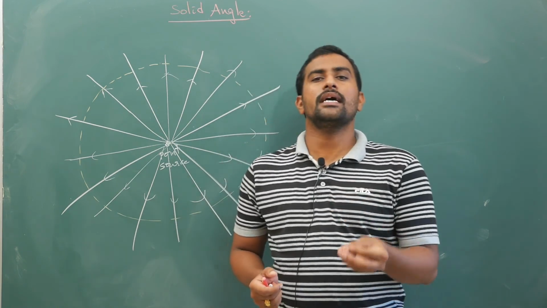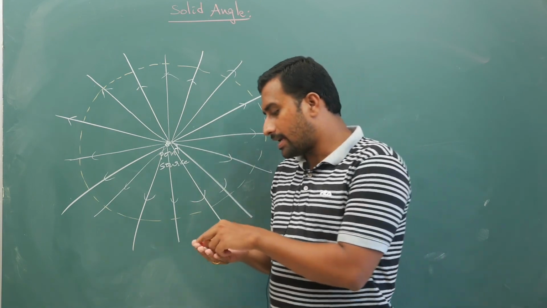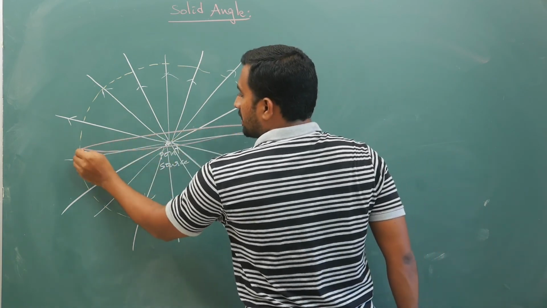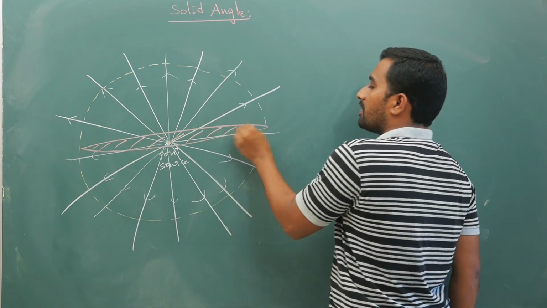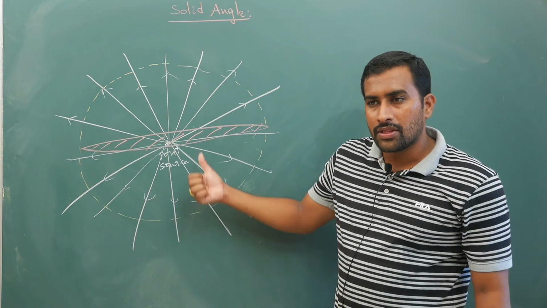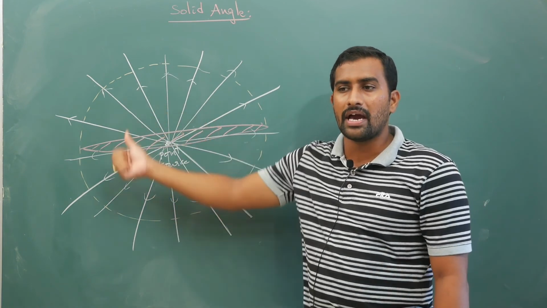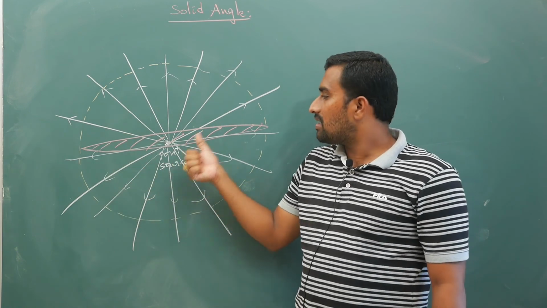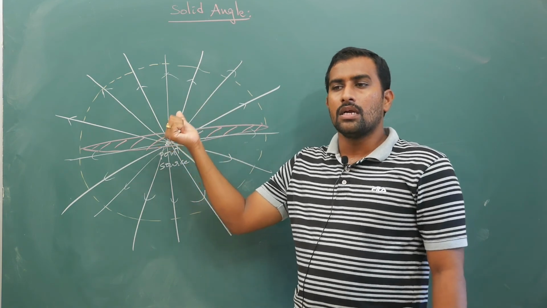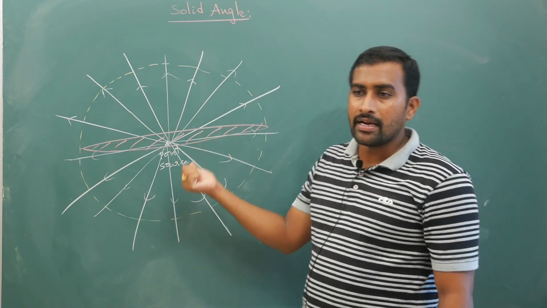For this spherical region, full surface area is 4 pi r square. Now 16 lines are going through this full sphere. If you take a hemisphere, that means if you separate the top half and bottom half like this, then on the top there will be 8 lines and in the bottom there will be 8 lines, total 16 lines. So across a full sphere area of 4 pi r square, there are 16 lines, and across an area of 2 pi r square, 8 and 8.